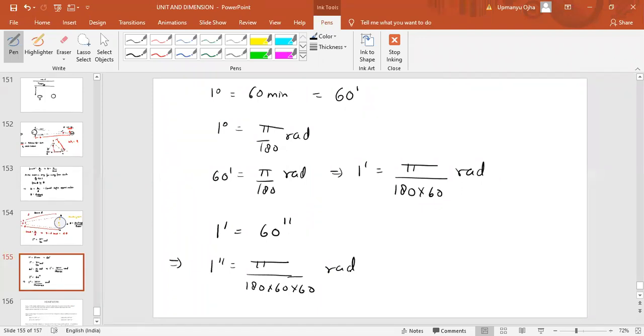How are we measuring the angle? To measure a very small angle, it would be 1 second, 2 seconds, 50 seconds. The angle would be in 50 seconds like this. So you have to remember the conversion: 1 degree equals 60 minutes, then 1 minute equals 60 seconds. These are the small points you have to remember. It is there in your NCERT.